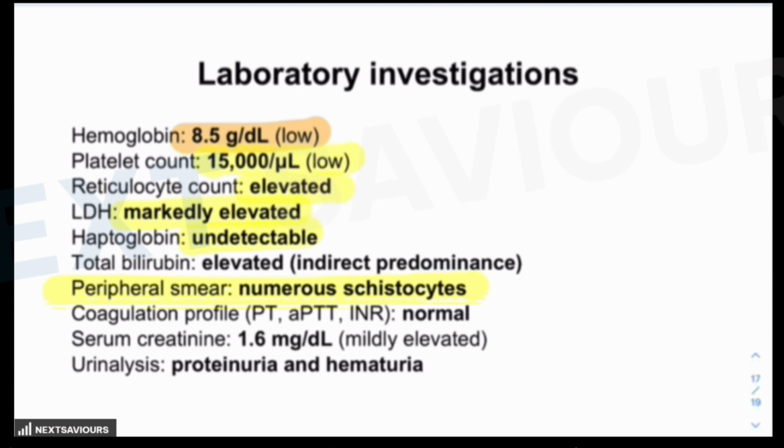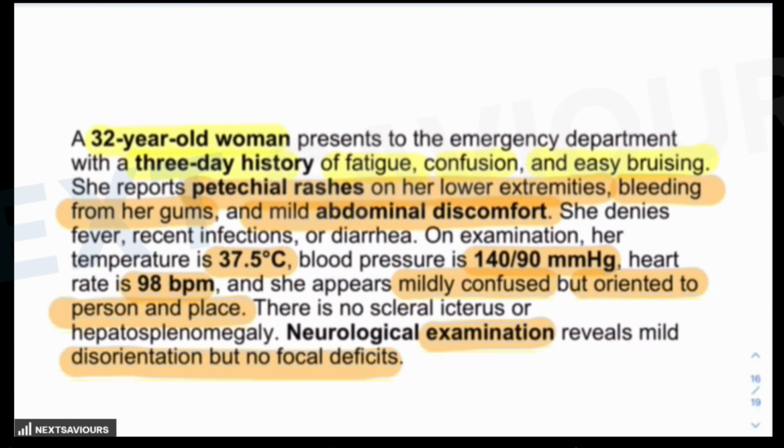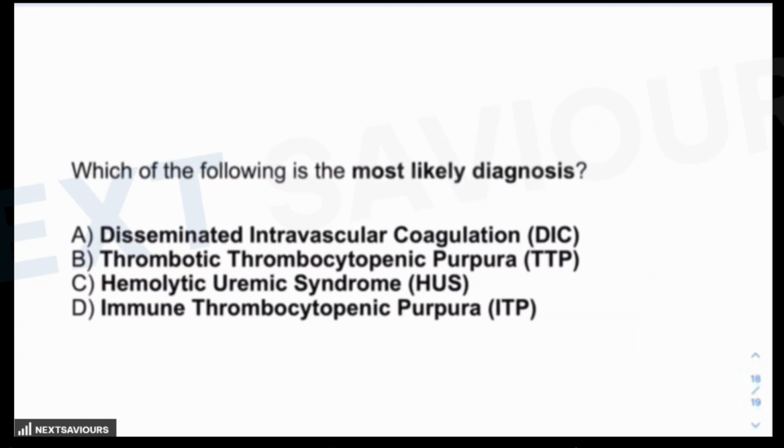The coagulation profile is absolutely normal. Serum creatinine is mildly elevated. That means renal features are also there. And urine analysis shows proteinuria and hematuria. So if you combine all of them, the features of renal disease, the features of MAHA, the neurological deficit, the features of thrombocytopenia, then at least to some extent, excluding the fever, we are getting 4 features out of 5 present. And therefore, the most likely diagnosis for this particular question is the